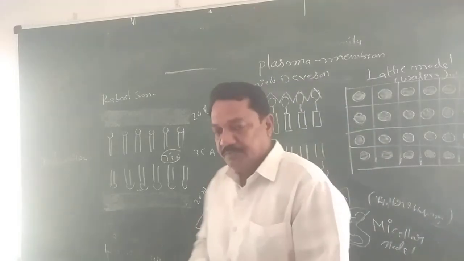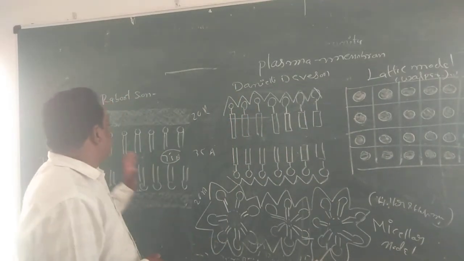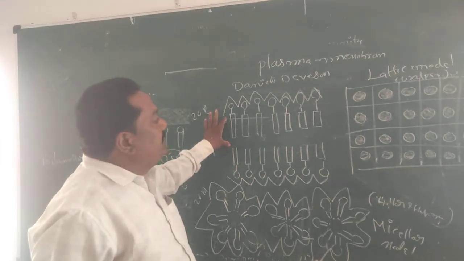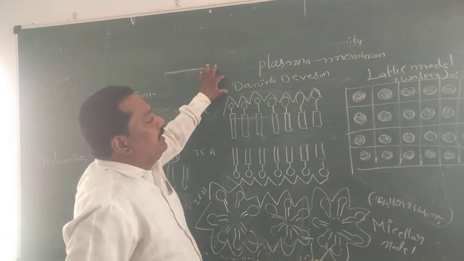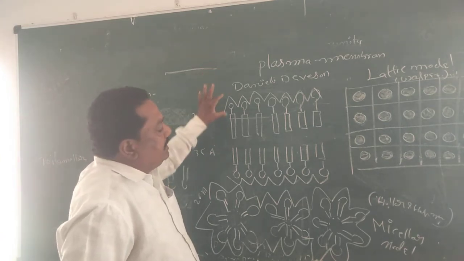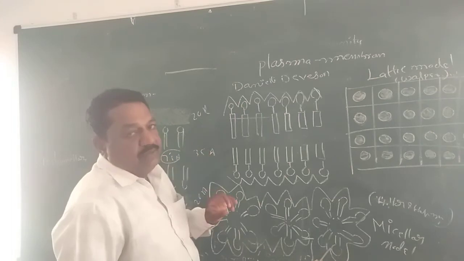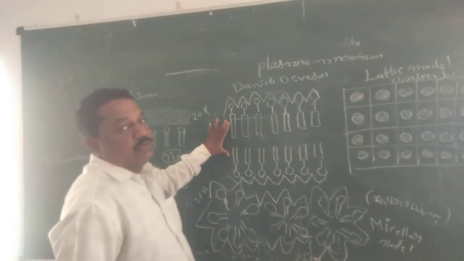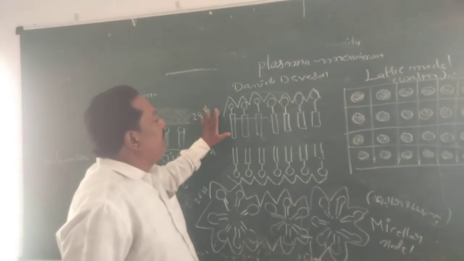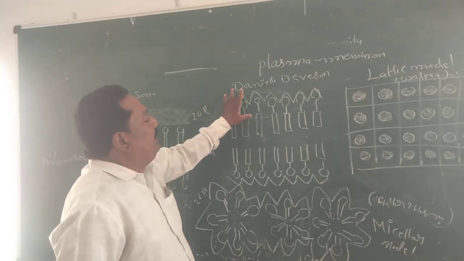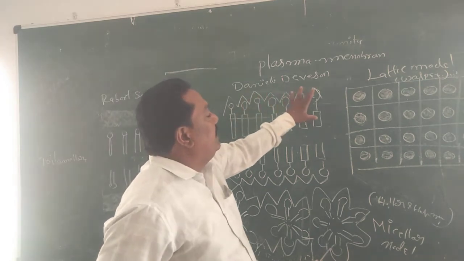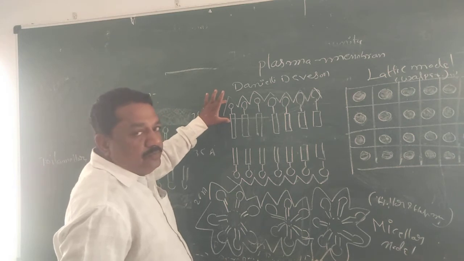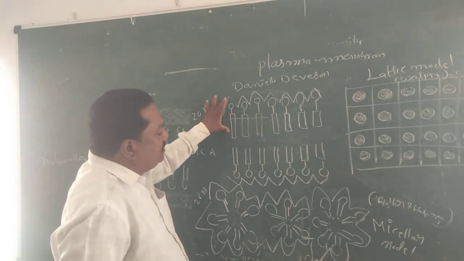What is the second? The bilaminar theory. This one is called the trilaminar theory, and this is the bilaminar theory, proposed by Daniel and Davson. According to Daniel and Davson, the plasma membrane is made of only two layers. The two layers also belong to lipid in nature. But here the outer surface of the lipid is coated by protein. It means protein and lipid, these two belong to one layer.